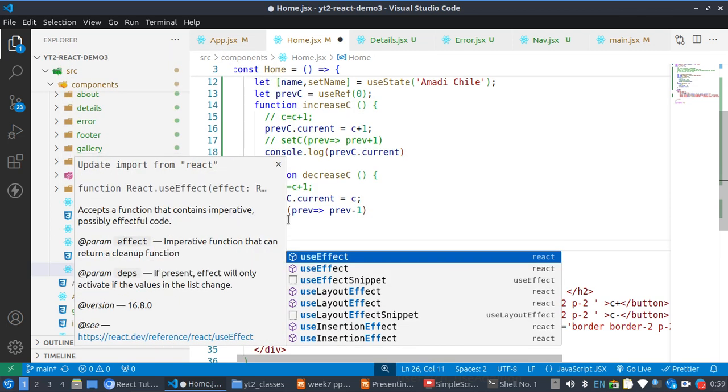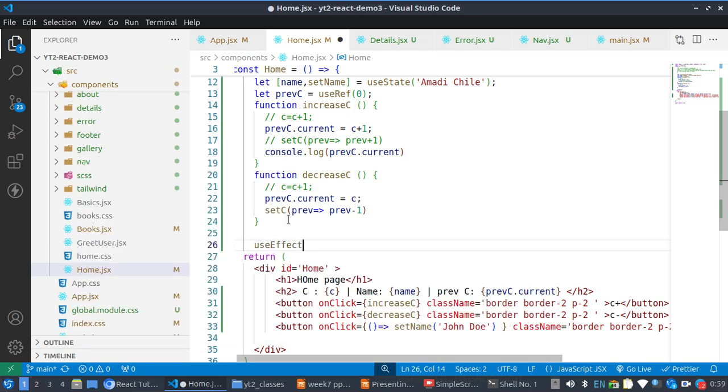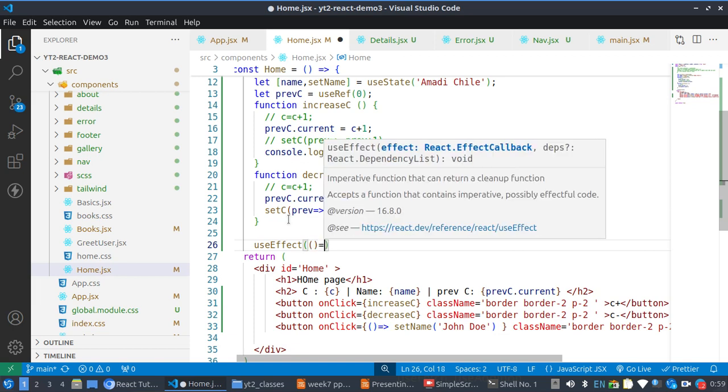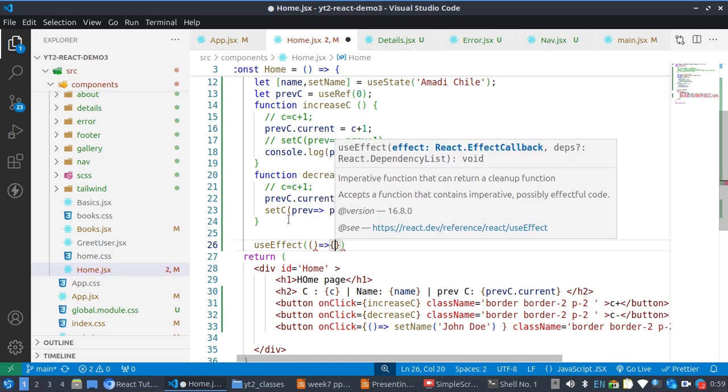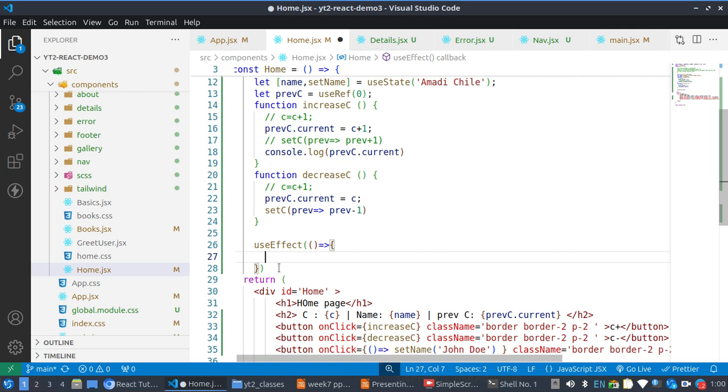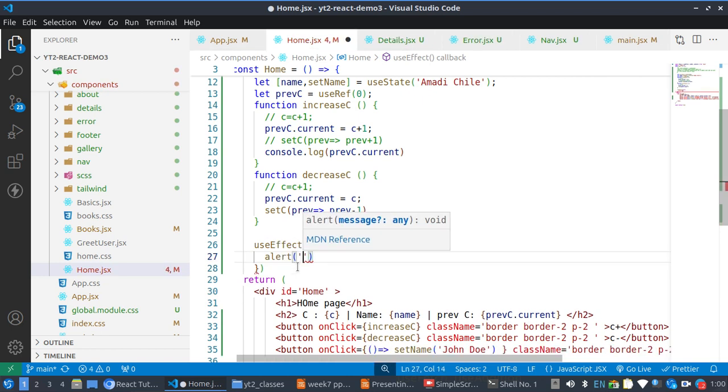You can have more than one useEffect, just as you can have more than one state. It's like setTimeout and setInterval. So if I put alert and say welcome,